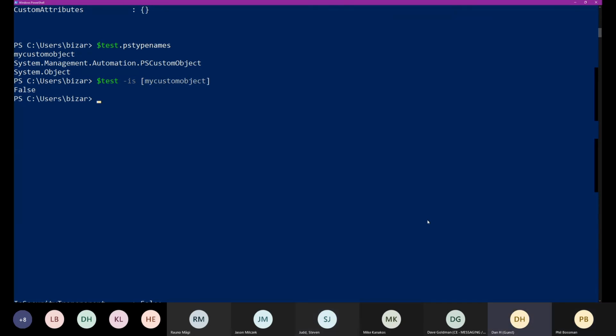Yeah, I've definitely seen this in my script writing, so that's why I was wondering if I'm just not looking in the right place. There is a better way of doing it, and I guess I could validate based off of PS type names objects and see if they contain. From my understanding, working with the PowerShell team, that's the actual best way to do it, is to do it off the GetType full name. Okay. At least when I'm looking at code, those are the references that I see.